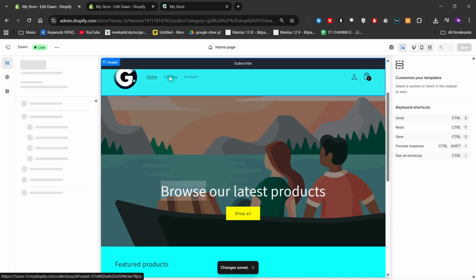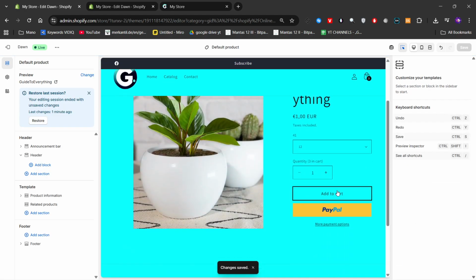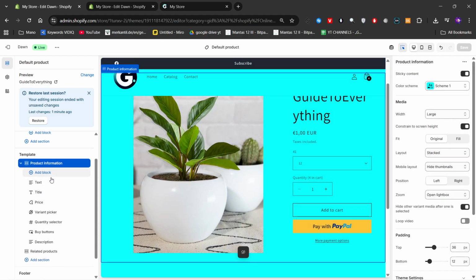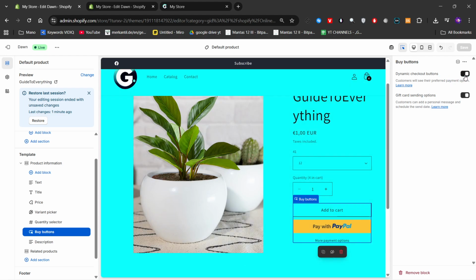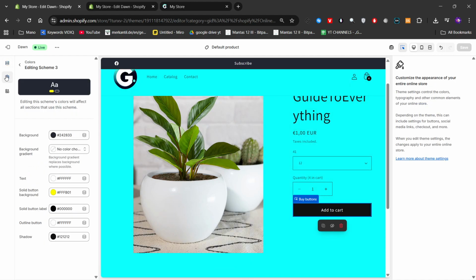Same goes for the catalog and for the products. So let's say I want to choose this one, add to cart button. What you'll need to do is go right here, click on the buy buttons. You can turn it off for dynamic ones, and after that what you can do is basically go to the theme settings, and